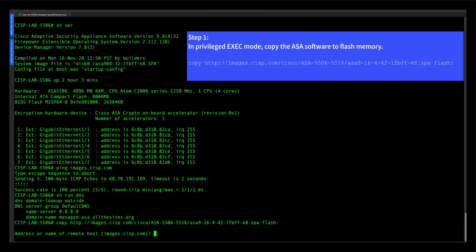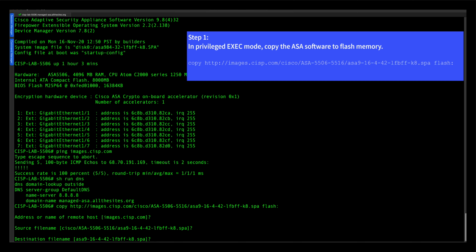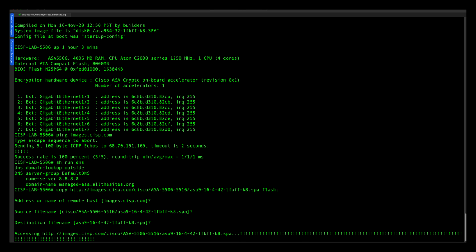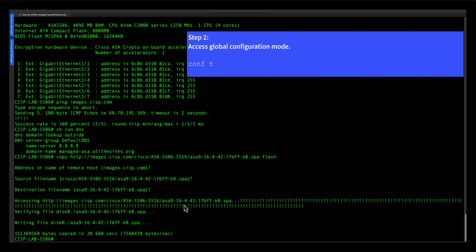So the address is images.cisp.com, then the location of the file. In this case, we're using 9.16.4.42, and then we're going to copy it to flash. Excellent. So step two is we'll simply enter global config mode,